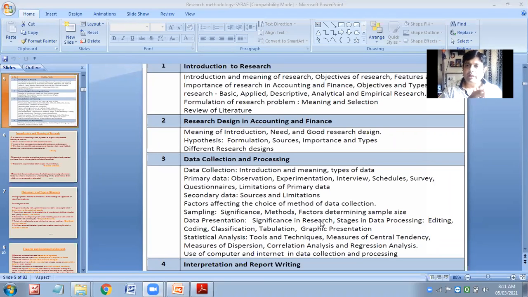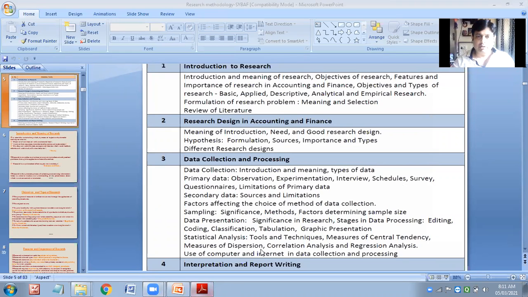You have seen several times graphical presentation of data, and tabular presentation of data. Have you seen or not? Dekha hai na? It depends on which kind of data we have and how we want to present it to the people at large. Today we are going to learn the entire different stages of data processing: what is editing, what is coding, what is classification, what is tabulation, and how the data is graphically presented to the people at large.